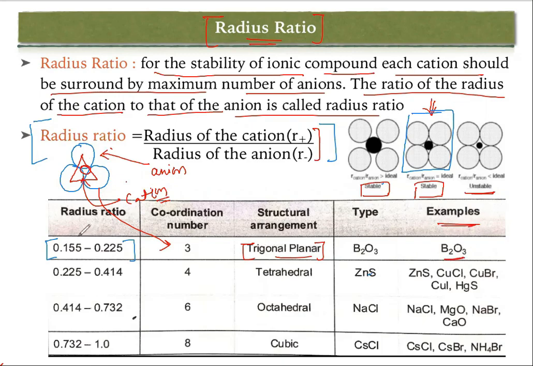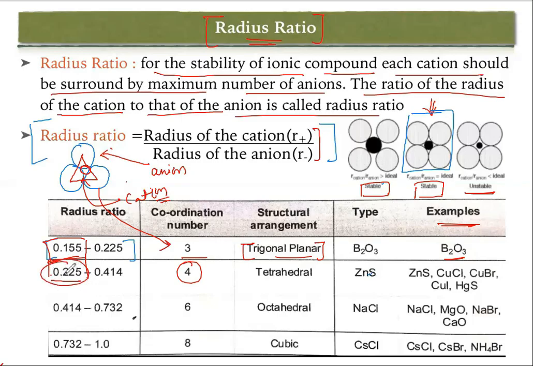Now in the exam they will ask you about the radius ratio of coordination number 3, or trigonal planar. So you have to write this ratio, and consider the lowest value. Okay, so 0.155 is the radius ratio with coordination number 3, and the structure is trigonal planar. Okay, next one, coordination number 4. So the radius ratio is 0.225 to 0.414. Okay, it is in between, but in the exam you just take the lowest value.